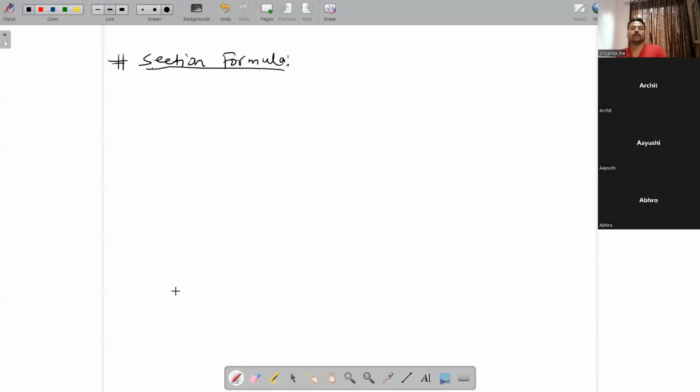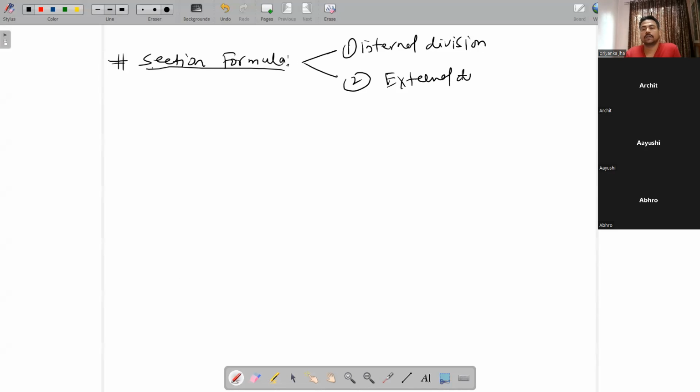Okay, so today we are starting with section formula. It is of two types: first, internal division, and second, external division. See, there are 2 points